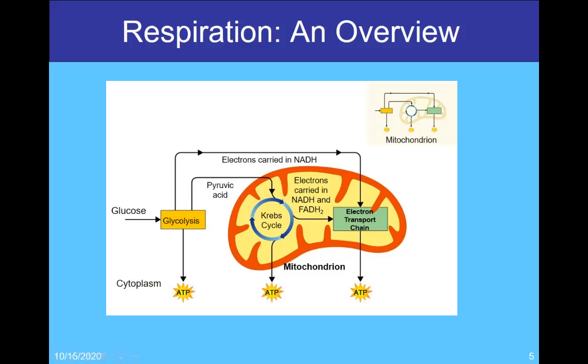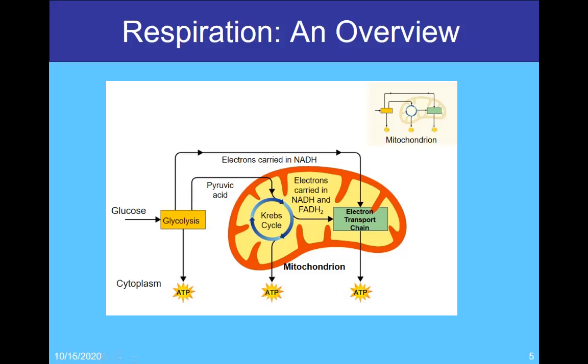These two processes, the Krebs cycle and the electron transport chain, take place inside the mitochondria. The glycolysis process, however, does not. This one actually takes place in the cytoplasm. And this ends up being a key piece of information when we start thinking about the differences between prokaryotes and eukaryotic cells. Prokaryotes, remember, do not have membrane-bound organelles. They only have one membrane, and that's the outer cell membrane. So there are no mitochondria in prokaryotes. That being said, they can't do the Krebs cycle and electron transport chain, which require the mitochondria to take place.